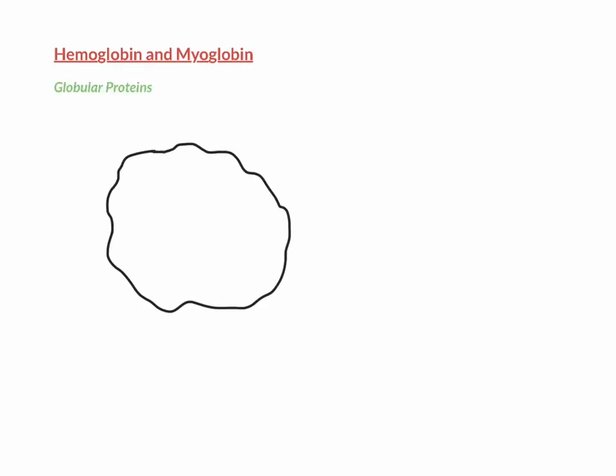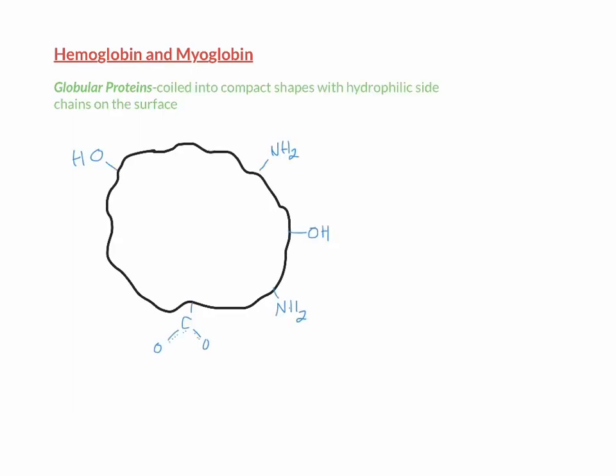This video will focus on hemoglobin and myoglobin, two examples of globular proteins. The globular proteins are a class of protein that is coiled into compact shapes with hydrophilic, or water-loving, side chains oriented towards the outer surface that make them water-soluble, and the hydrophobic side chains are oriented toward the interior of